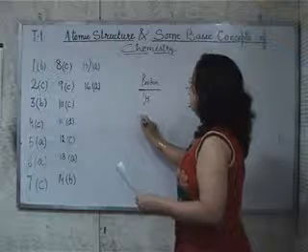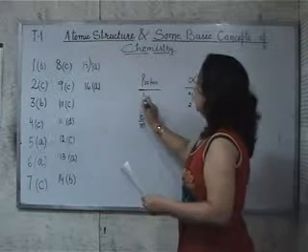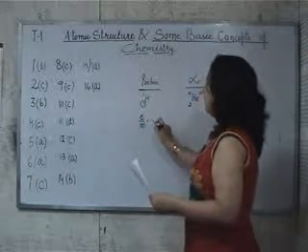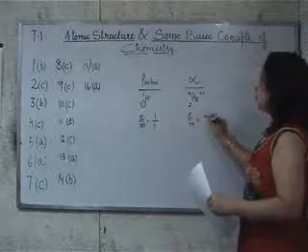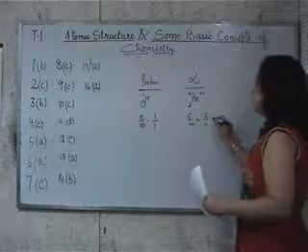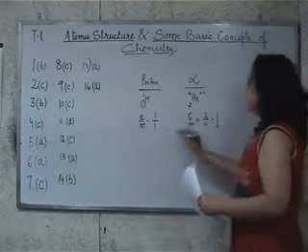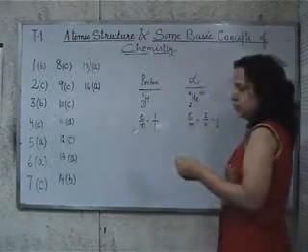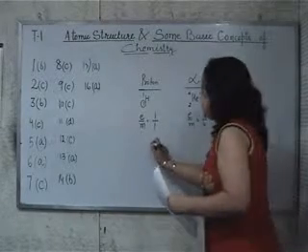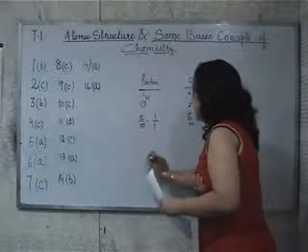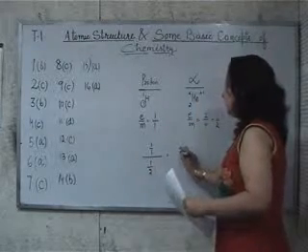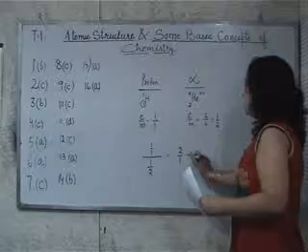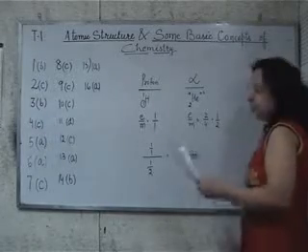We want to have e by m. Lower is charge. Mass of proton is 1. E by m: charge is 2, mass is 4. This comes out to be 1 by 2. These two are taken as a ratio. Ratio of e by m is 1 by 1 upon 2. So this comes out to be 2:1. That is your answer, option A.